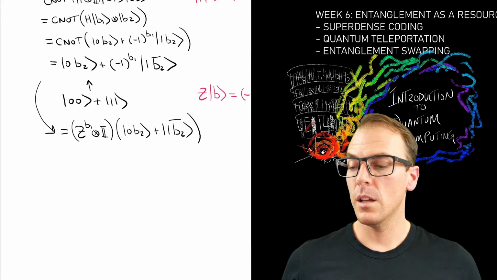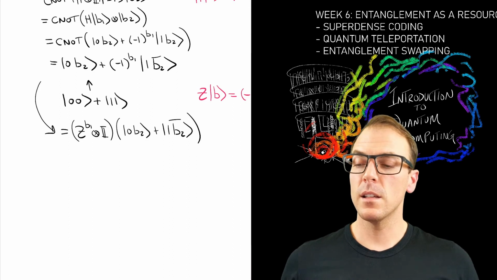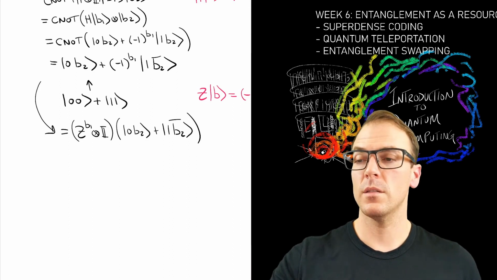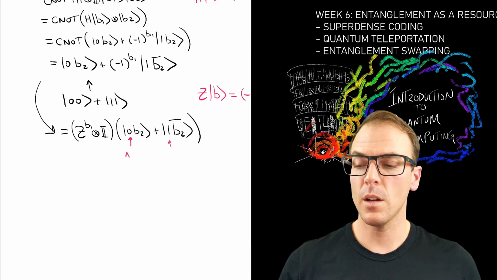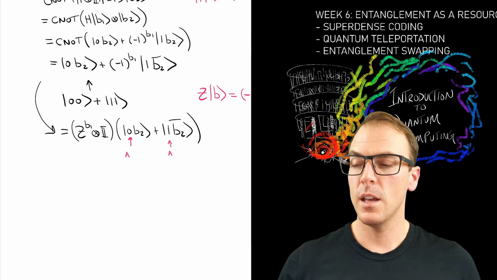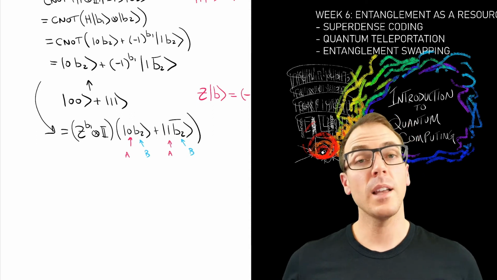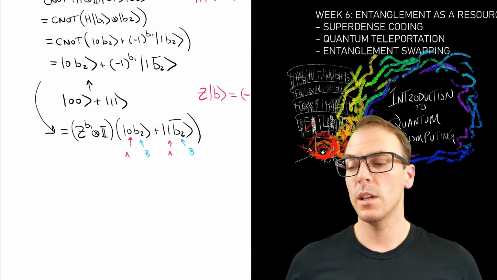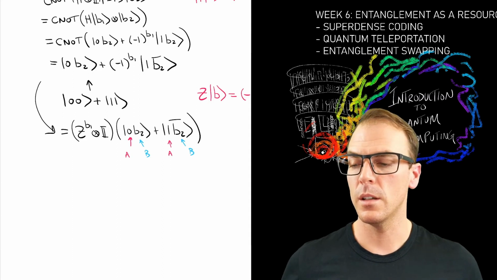Okay, now it seems like there's a problem because Alice is the first entry. This is Alice. Remember that we have a tensor product here implied. So every first entry is Alice, and every second entry is Bob. How is Alice going to encode something on Bob's qubit? She doesn't have Bob's qubit, she has her qubit. Well,